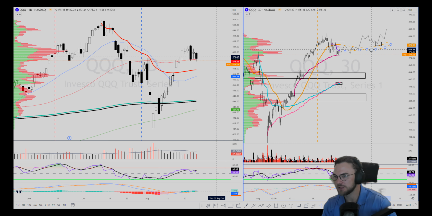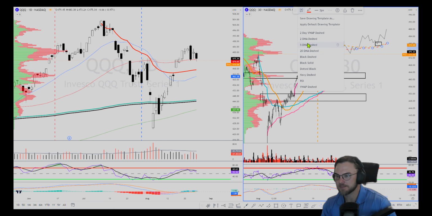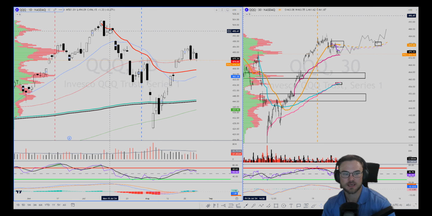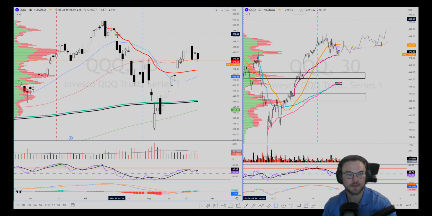So maybe we get a little flush out. This will be the 2-day VWAP when we open. So maybe we get a little flush out, get some shorts excited, create a new low, rally back up to the 2-day, start to hold it and hold the daily VWAP, and that could fuel us into this 490 area for this gap fill and into this 496 VP node.